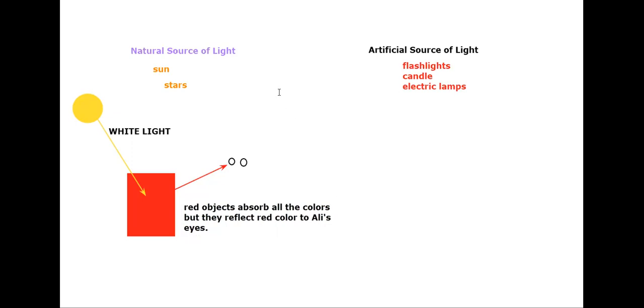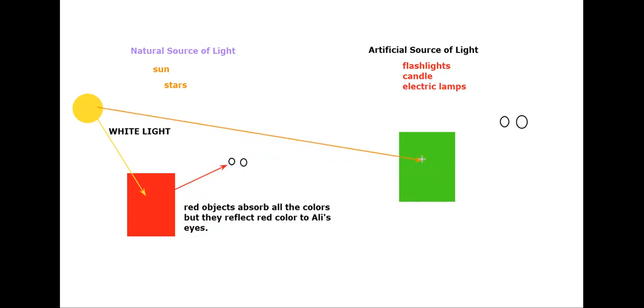Let's talk about green objects. Here is a green object, and these are Rama's eyes. The source of light sends white light to the objects. What do green objects do? Which colors do they absorb? They take all the colors, and which color do they reflect to Rama's eyes? Green color. Green objects absorb all the colors, but they reflect green color to Rama's eyes. Black objects